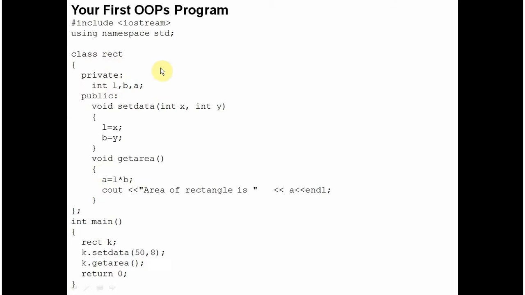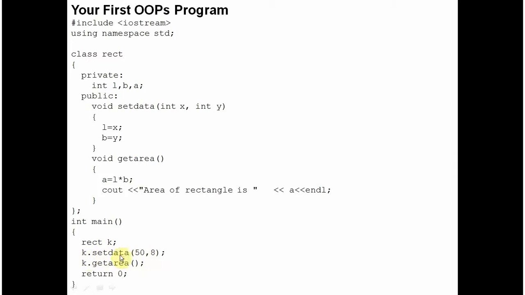The one thing to understand for sure is that the members that are declared as private cannot be accessed outside the body of the class, and the members that are declared as public can be accessed outside the body of the class. So K is an instance of class React. K is able to access the three variables and these two methods.